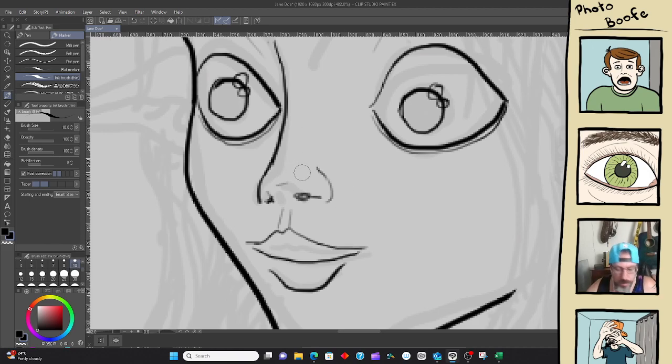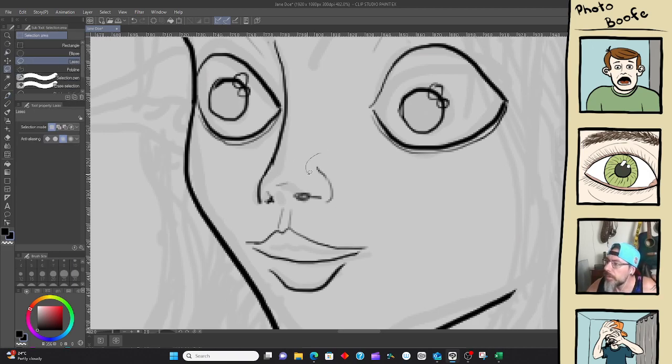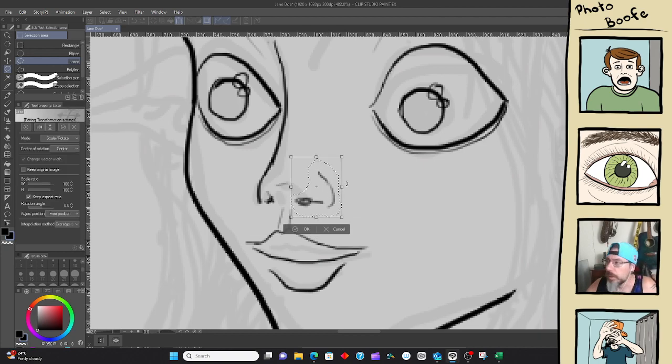It's all lopsided, and that's why we have this tool.